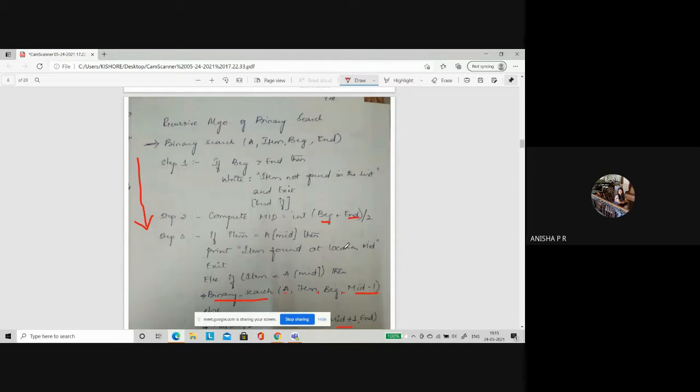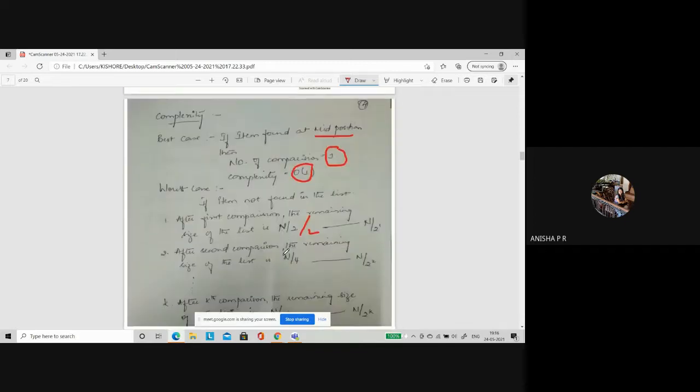So for using binary search, you need to compulsorily use array data structures only. You cannot use linked list. Why can't you use linked list? Linked list is not continuous positions. But if binary search has to work, it should have continuous positions. Therefore, it can be used only on arrays.